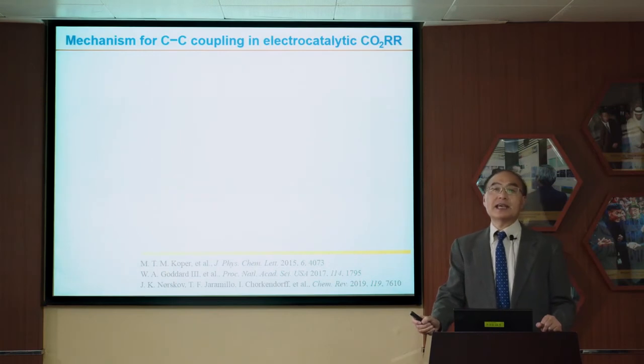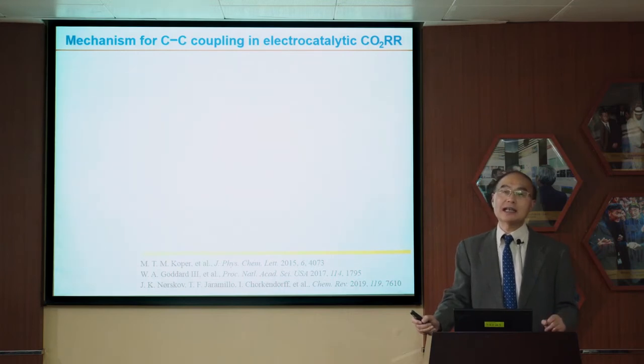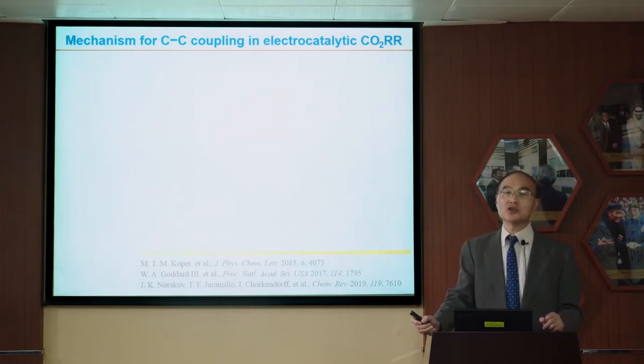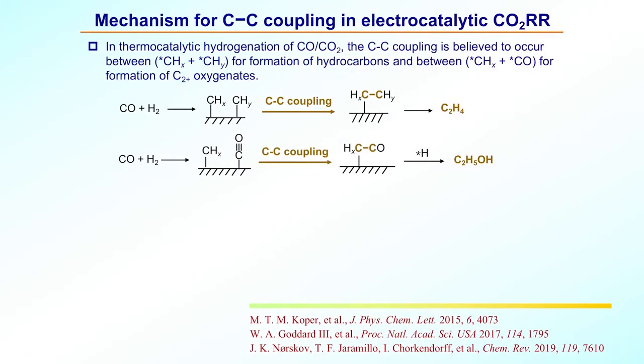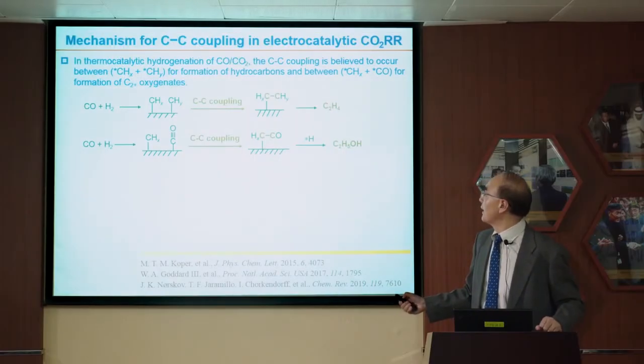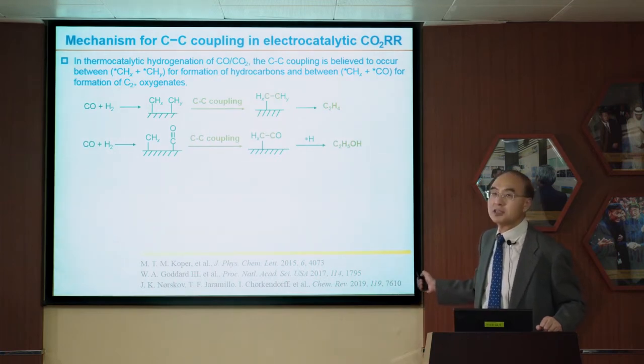To gain insights into the mechanism for CC coupling is the key to understand why C2 compounds, that is ethylene and ethanol, can be formed with such a high selectivity in electrocatalytic CO2 reduction reaction. In thermocatalytic hydrogenation of CO2, we know that the CC coupling occurs between CHx, CHy species for the formation of hydrocarbons such as ethylene, and between CHx and the non-dissociative CO species for the formation of C2+ oxygenates such